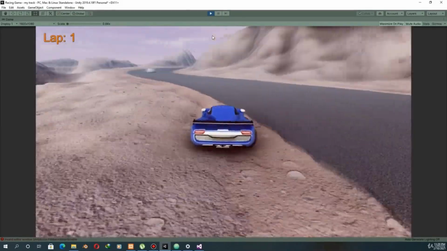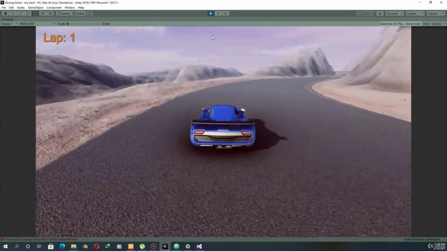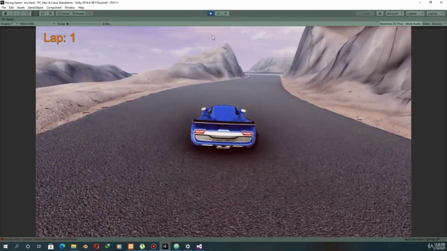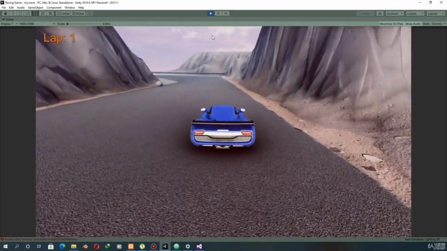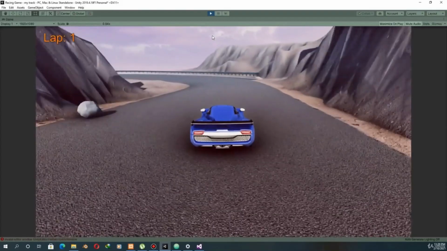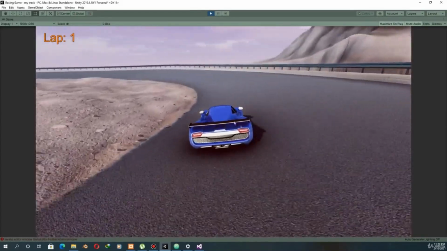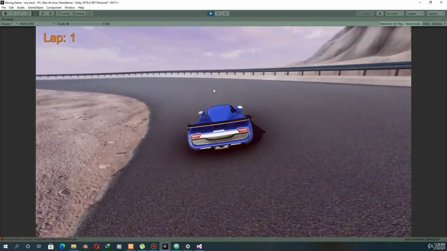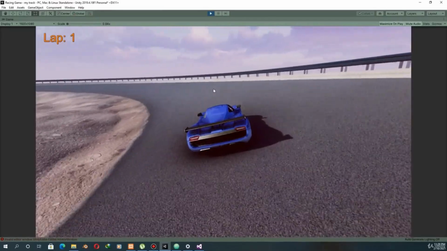Now he has skipped the checkpoint, but he will complete the track, and after completing the whole track, he will come back again, and he will know that he has not completed the checkpoint. So this is not good. We want to tell the player immediately when he skips the checkpoint. We will show a text on the screen that he skipped the checkpoint, so go back. So we will do this in the next lecture.